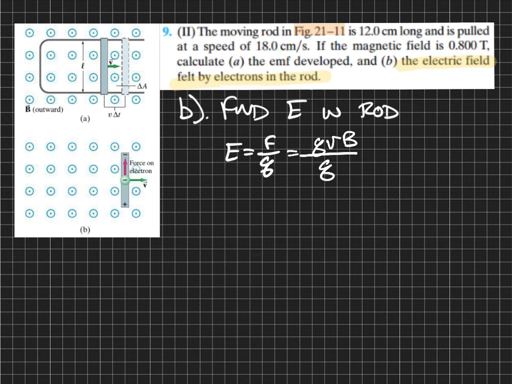divided by Q. What we can do then is cancel out Q, and we get that the electric field is simply equal to velocity times my magnetic field. That becomes 0.18 times 0.8, and we get an electric field of 0.144